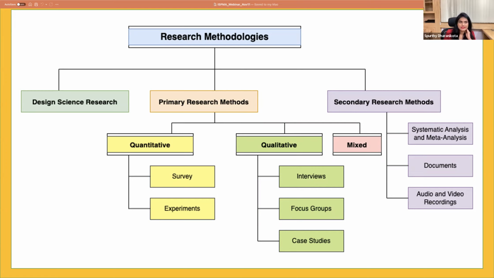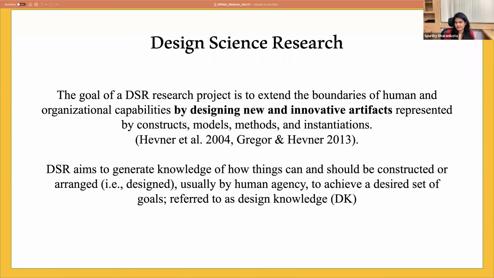So let's start with the first research paradigm, which is most relevant to that of the product management discipline, and it is called design science research. So what is design science research? Design science research has to completely do with designing new and innovative products or artifacts. So what is an artifact? Artifact is something that's man-made. It's a product, right? So it can be an algorithm,